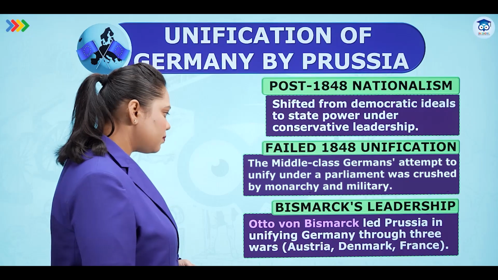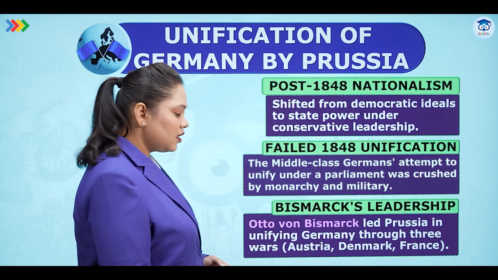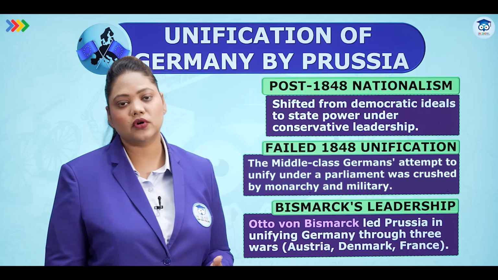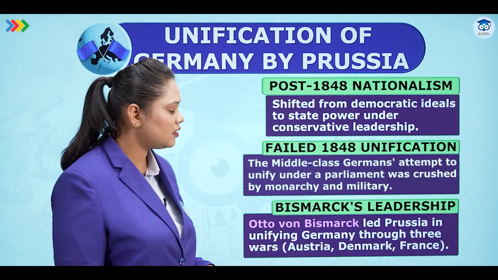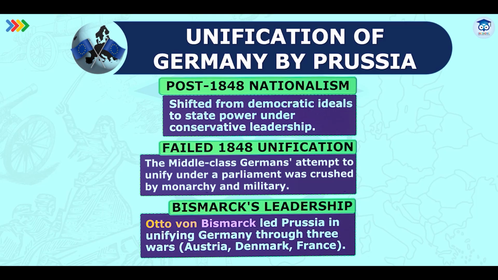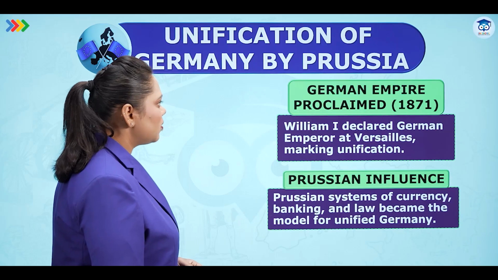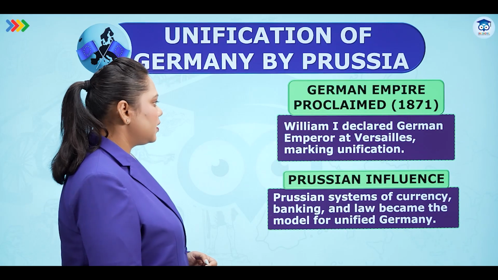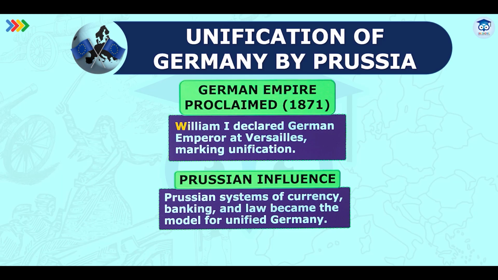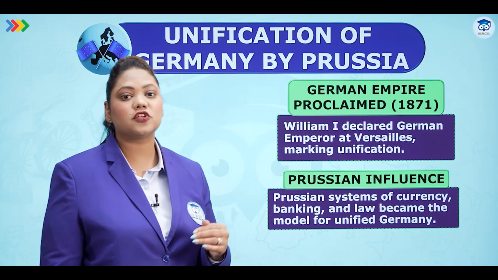Bismarck's leadership. Now, Bismarck is the chief minister and also the leader who gets Germany unified in 71. Otto von Bismarck led Prussia in unifying Germany through 3 wars with Austria, Denmark and France. Let's see the German Empire. In 1871, William I was declared German emperor at Versailles, marking the unification of the German Empire under the leadership of